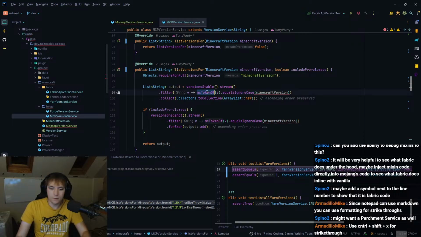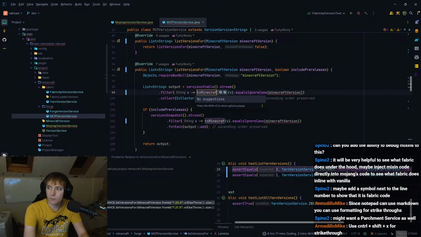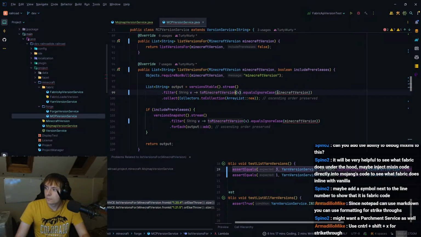So this is to Minecraft version, and then we can map to Minecraft version equals. We can do the same thing here.